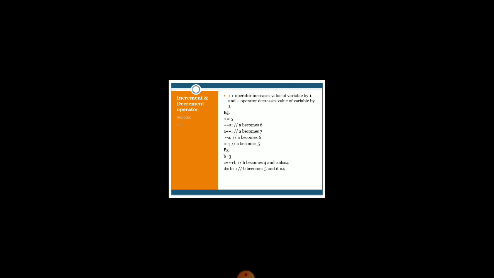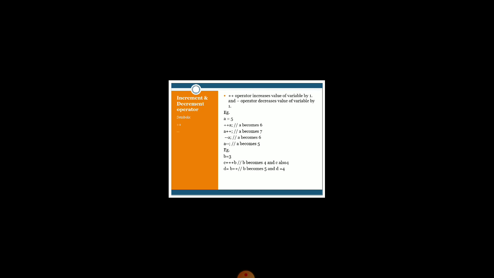If I use the pre-increment operator, it means first of all you have to increment the value of that variable. Initially the value of B is 3. Now it will increment the value of B by 1, so the value of B becomes 4. Afterwards we assign that value 4 to the variable C. That's why the values of B and C are both 4.